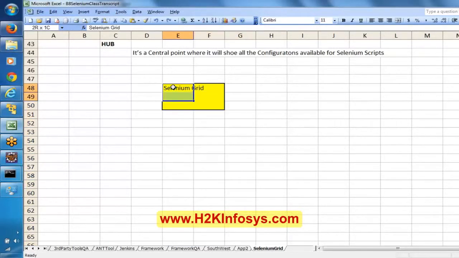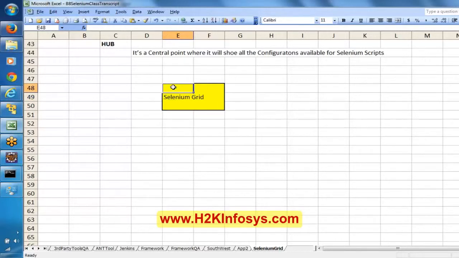Now here, so far we have created two nodes.